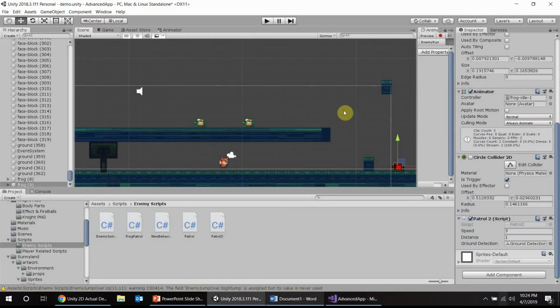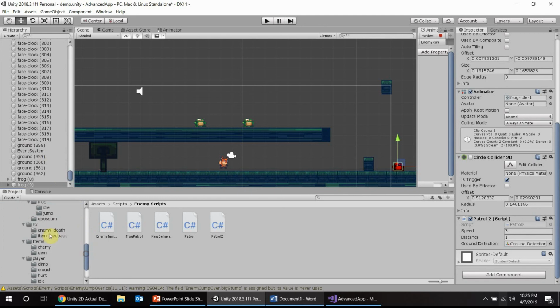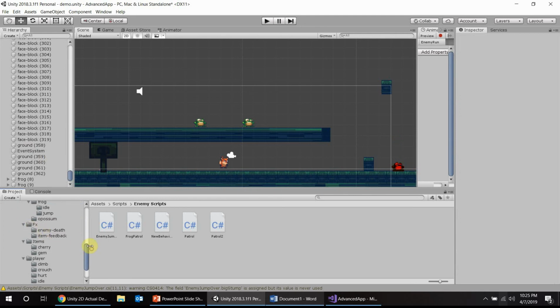And so what I want to do eventually is get it to where a frog, I'm thinking it should be easy now that I know how to do both, will detect if there's no ground below and also if there's a wall. But I don't know if it would be compatible with the frog script. I think for my frogs, I'll have to just have them use the jump script, but there is also